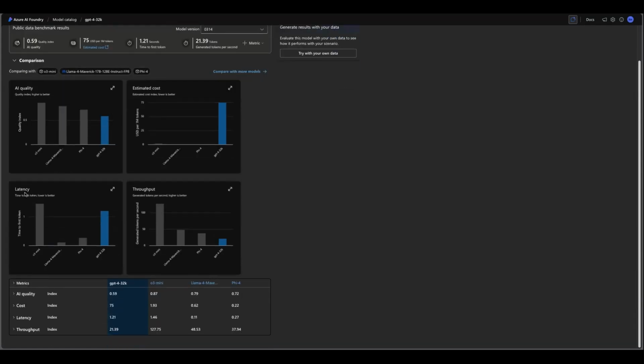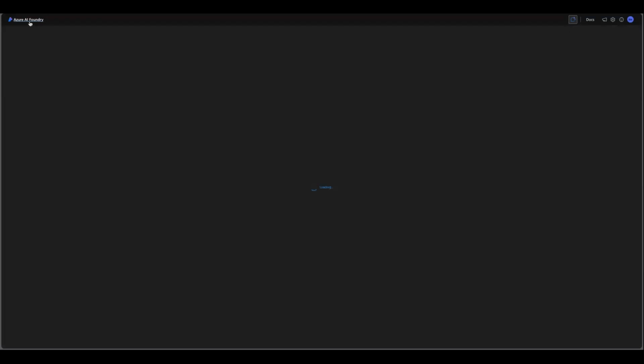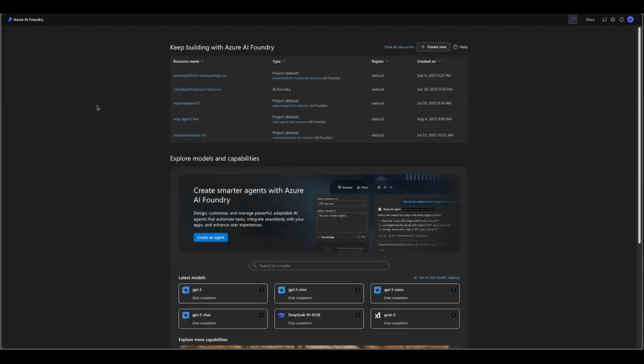And latency also is important. There are some models, if you use, let's say, deep reasoning models, the latency is high. That means that it doesn't generate the response right away. So you need to keep that in mind based on use cases, and throughput, looking for generated tokens per second. Higher is better. So now if I come back to Azure AI Foundry, I would like to do hands-on here,